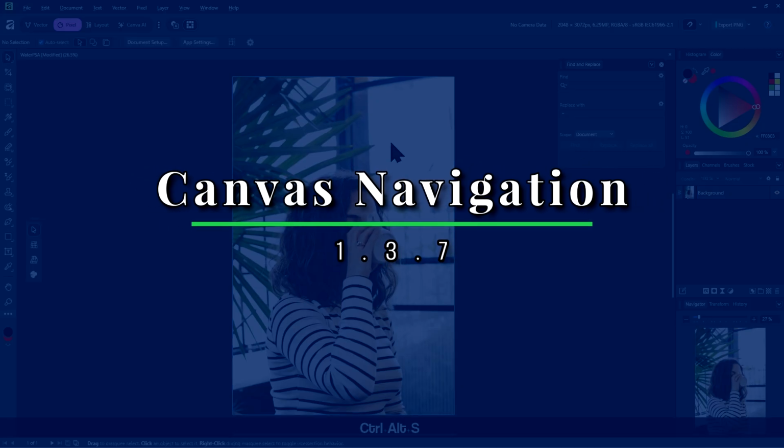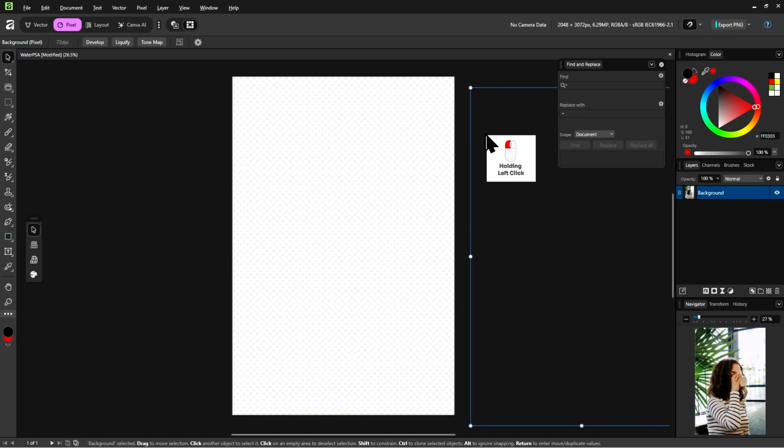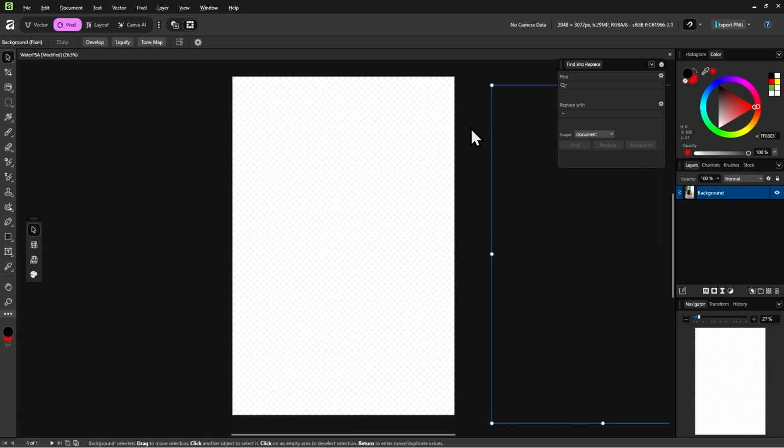Now, what if we didn't delete the image here, but we did something else? Like for example, we move this out of the canvas, which, as you can see, any objects that are outside the canvas are pretty much invisible.